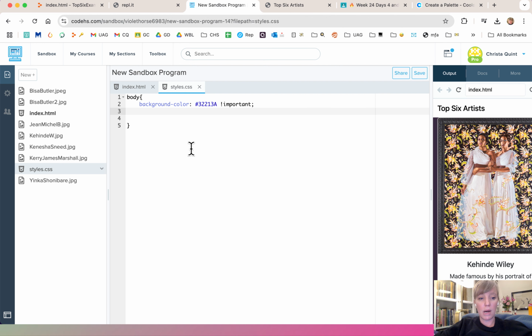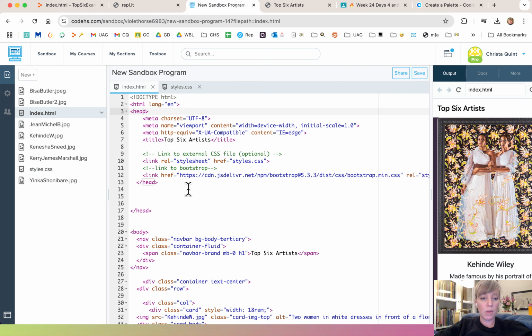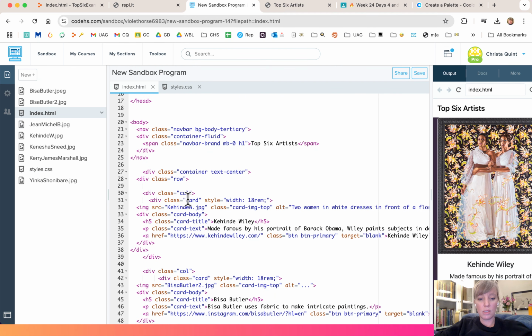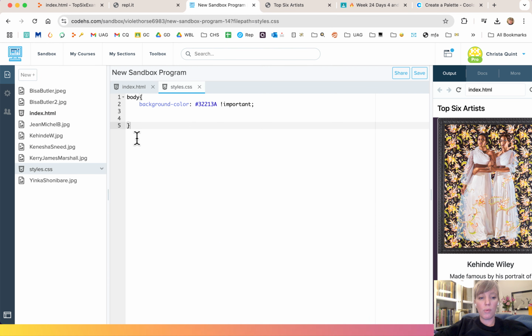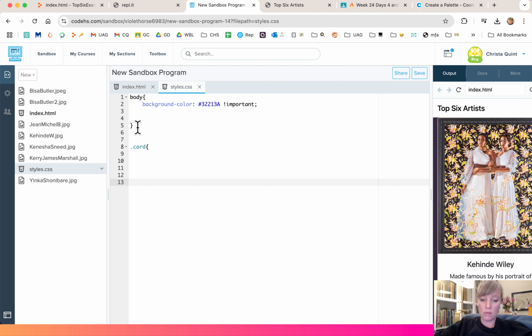Okay, so I have my body styled. Now I'm going to style out the background color of the cards. So for that, I want you to notice that the cards are in a class called card. So the way to style them is I'm going to go period and then card and open your curly brackets. Open your curly brackets and it keeps not closing. Okay. And here I'm going to add background color